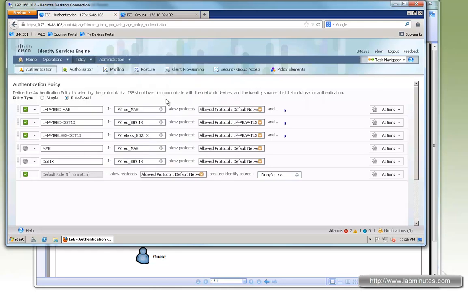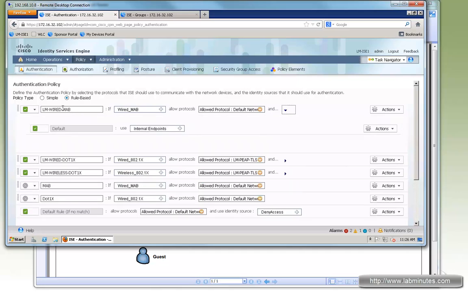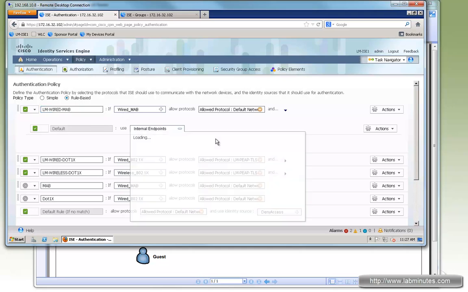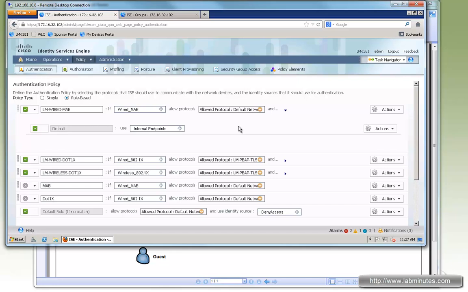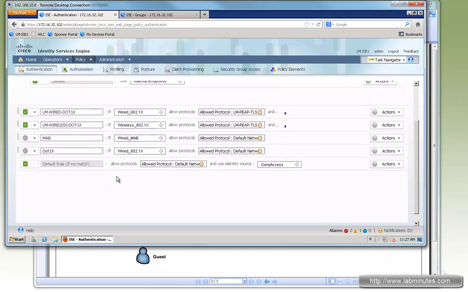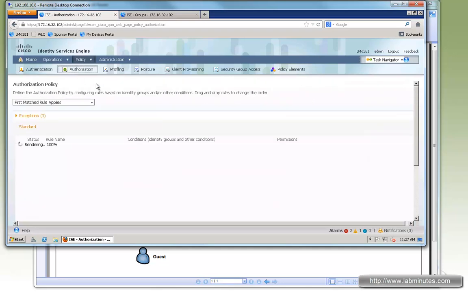Since the guest will be coming in using MAB, we need to have a MAB rule configured, which we did. It was just using the default wired MAB with the default allow protocol, and most importantly, under internal endpoint, for if user not found, you have to make sure it's continue. So when the MAC address comes in, we can continue onto the authorization and just allow the authentication to succeed. Okay, now for authorization,